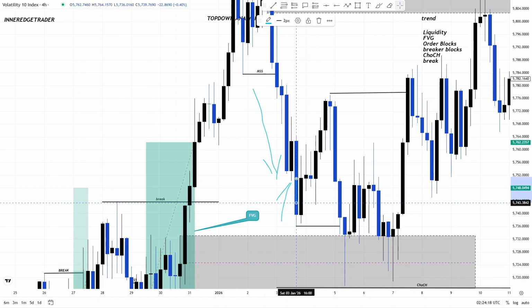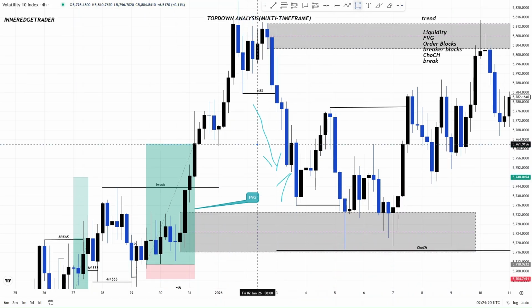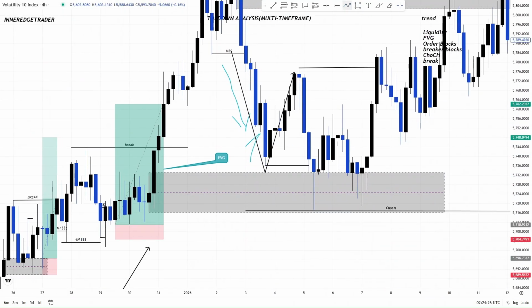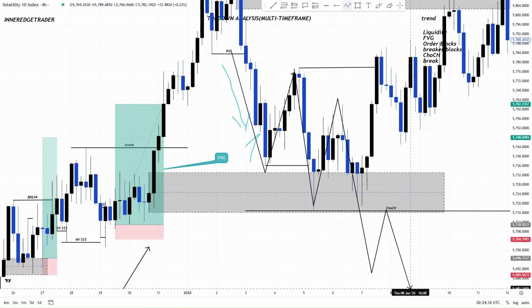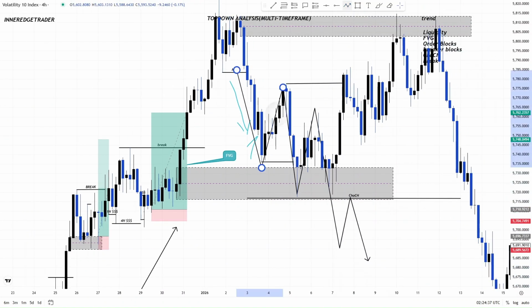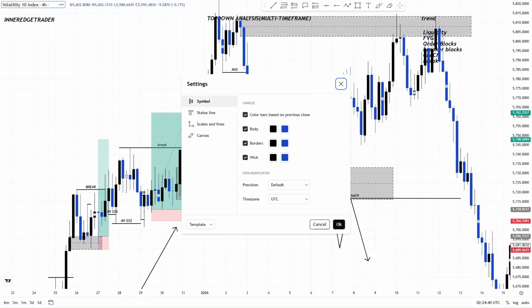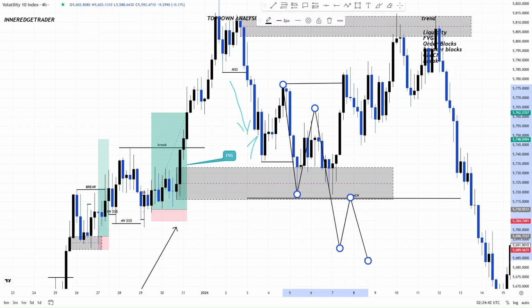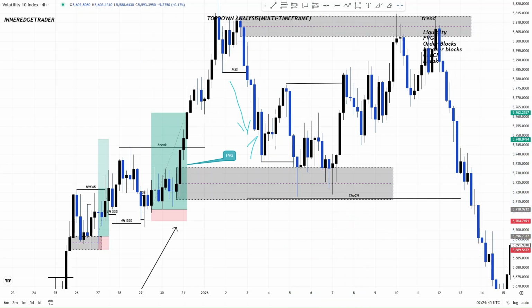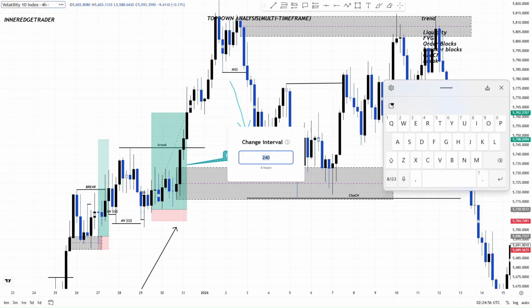Take for example, it could start to go down from this point, and instead of even coming up here, just break it and continue going down to the downside. That could happen, but the best approach is that you understand the market movement and market bias. You know the market is moving on the downside, so you have the opportunity to take it after the market structure shift. So what I'm saying in general is that when you move to the lower time frame,